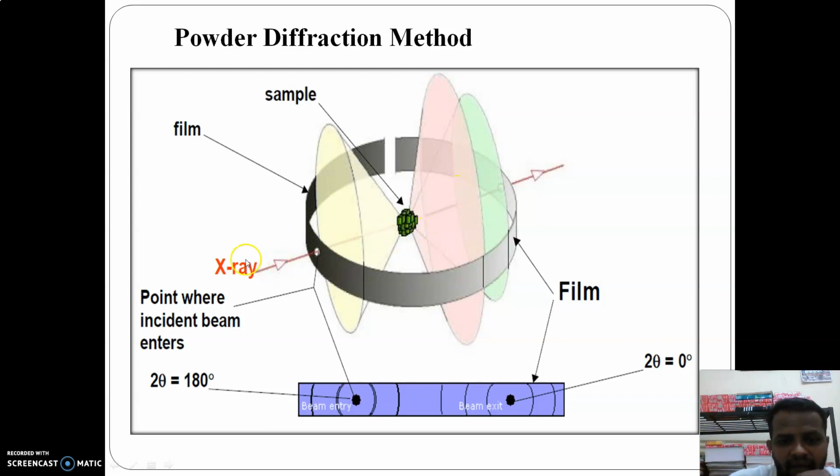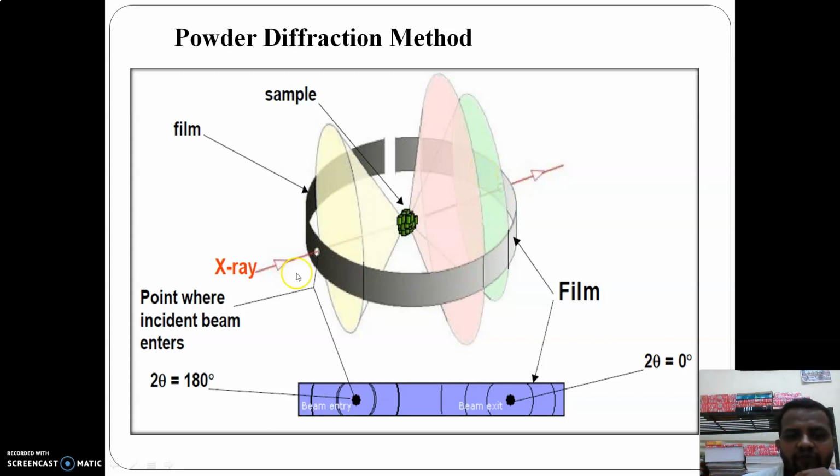You can see, when this X-ray strikes the particle, there is a bright possibility that diffraction will occur in the forward direction. At the same time reflection will occur in the back direction. So we will be getting cones, the diffracted cone patterns, in forward and in backward directions. Now we need to take advantage of this. So what they are doing is they are placing a photographic film around it. This photographic film is a very thin film. Okay, it is not too broad.